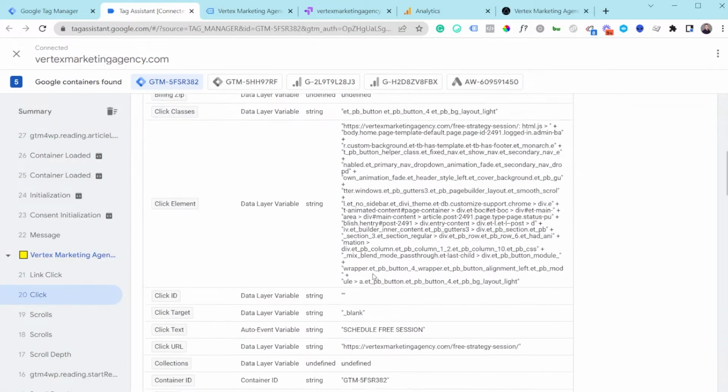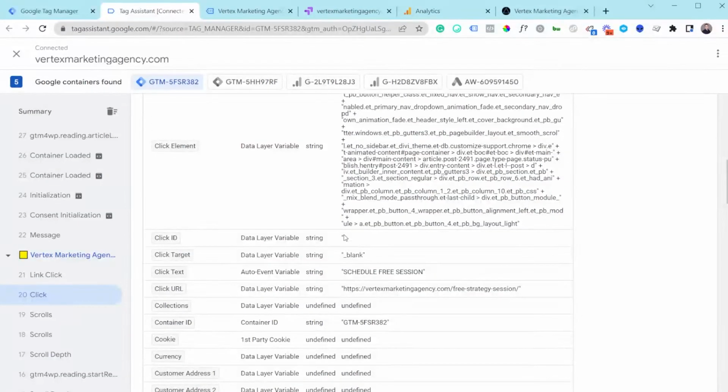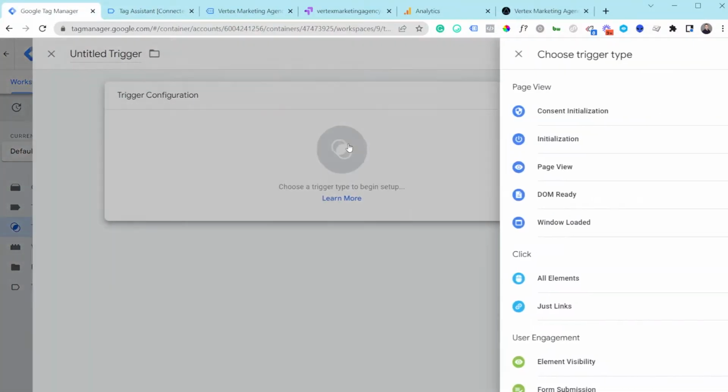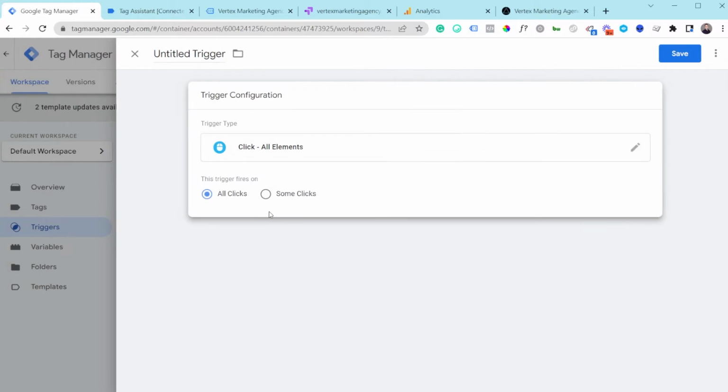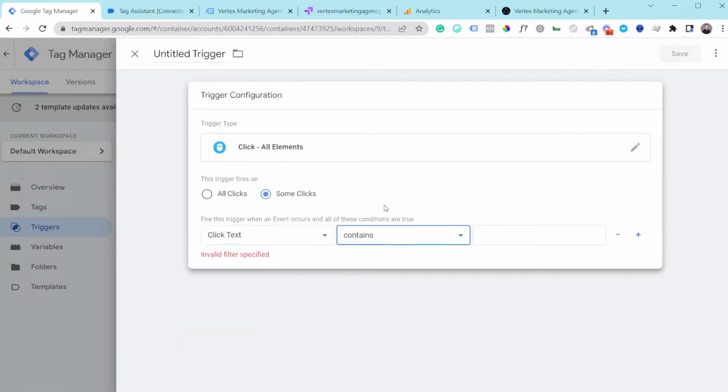And if I go to variables, one thing that I could use is actually just the click text. Probably something that would be better would be the click ID, just in case in the future I decide to change the text to something else. But again, this is the demo. I'm just gonna use the click text, and I don't think I will be changing it anytime soon. So I'm gonna grab that, copy it, go back to Google Tag Manager, and simply create my trigger. So hit trigger, all elements, some clicks, and then it's gonna be when the click text equals